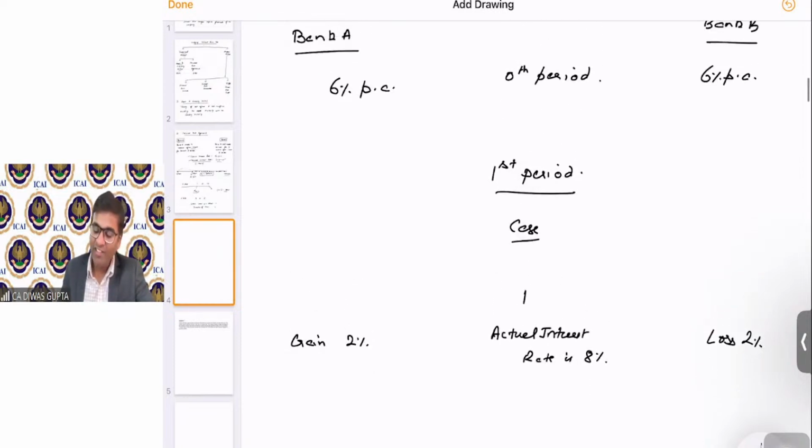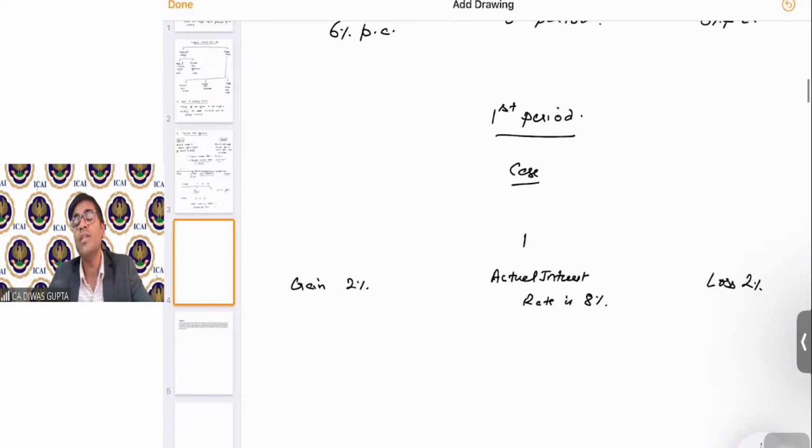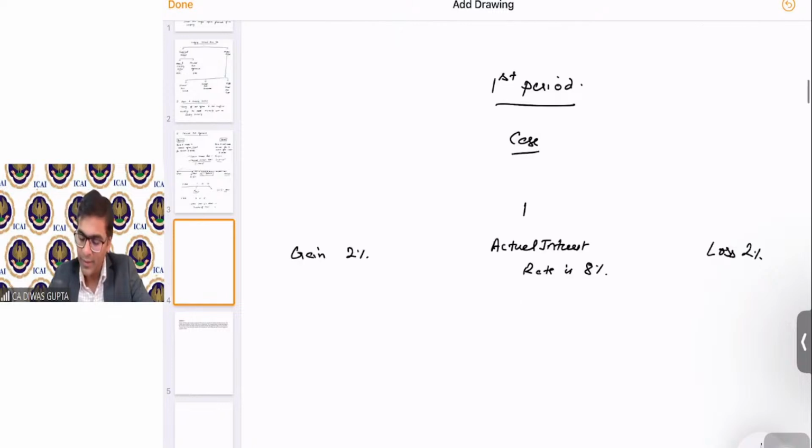Now, why will Bank A gain? Now think that Bank A has a commitment to borrow at 6%. The actual market rate is 8%. Bank A will say, see, because of this commitment, I'm able to gain 2%. If I am not borrowing from the market, I will borrow from this arrangement. Had I not done this arrangement, I would have paid 8% for 3 months borrowings of rupees 1 lakh. So hence Bank A is saying because of this commitment, I had gained 2%.